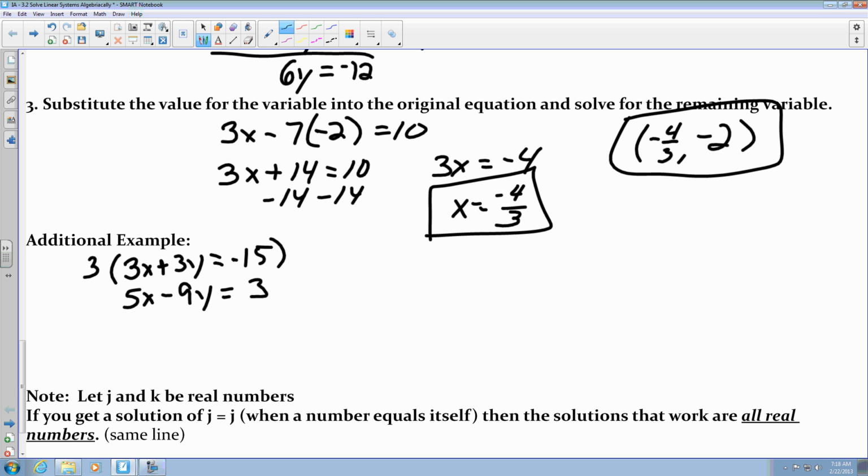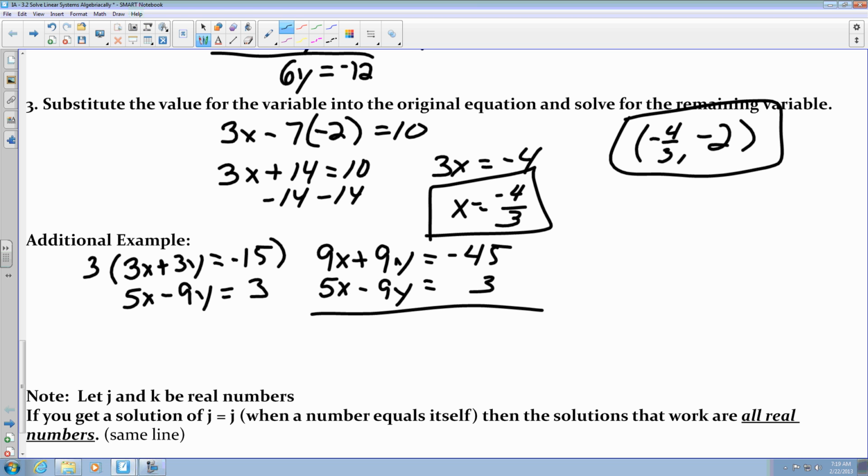So then that would give me 9x plus 9y equals negative 45. And then I just leave the same thing on the bottom, not multiplying anything here. So what I'm going to do is add both of them together. So 9x plus 5x will give me 14x, and these two cancel out to be 0,